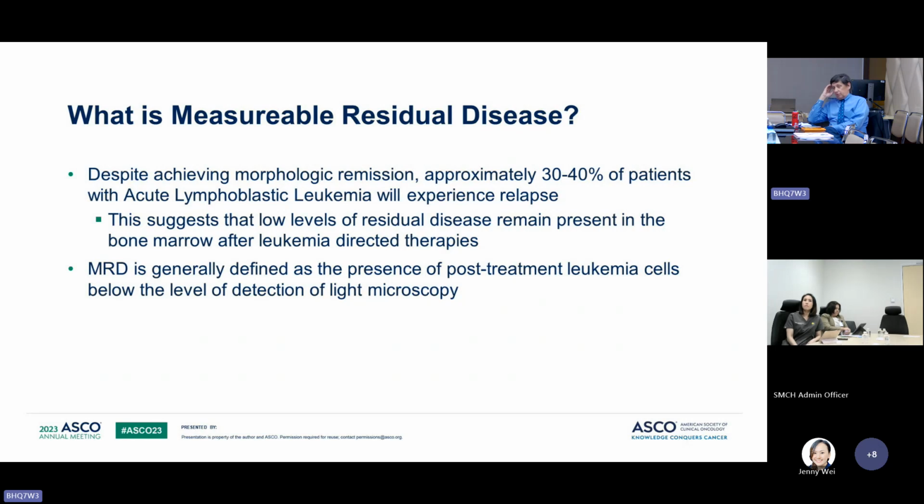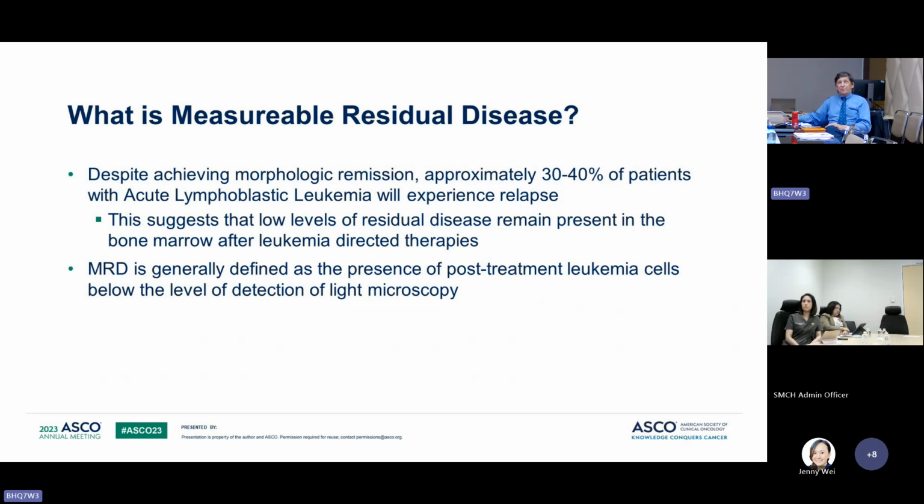Well, it turns out that minimal is probably the wrong word, because many times our tools do not let us look deep enough to see what's there. So the tool itself will define the sensitivity. If I look under a microscope and say, I don't see any blasts, for acute leukemia, under 5% is considered remission. But that's just my ability to measure it by my eyeballs. I have molecular tools that can